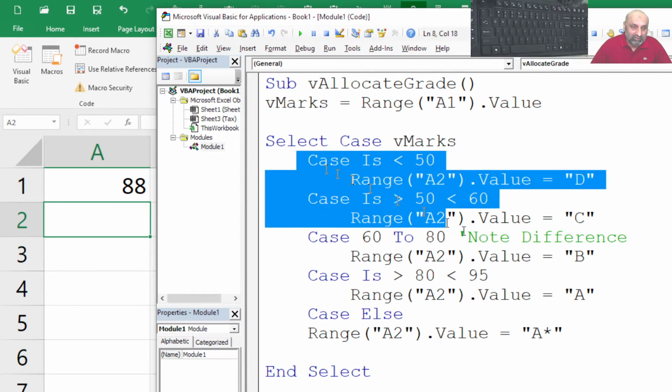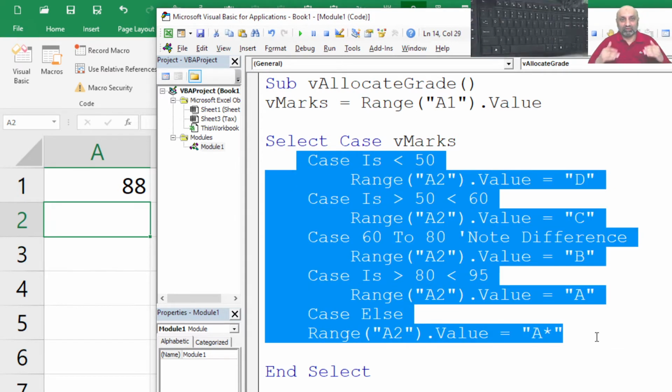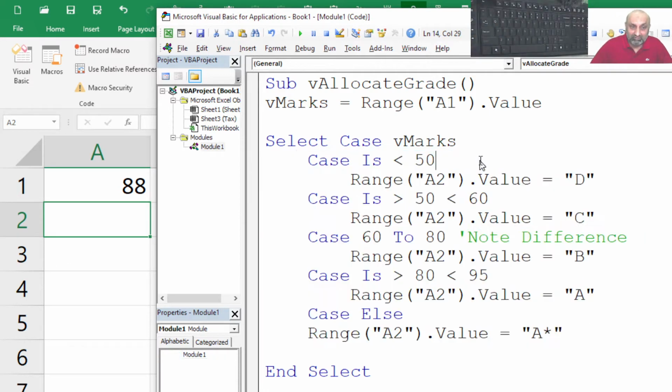Now we have this Select Case. Forget these highlighted lines. So we have Select Case followed by a variable and End Select. These are the opening and closing statements of the Select Case function. And as I said, this function is going to test the variable. So if the case is less than 50, then do this.